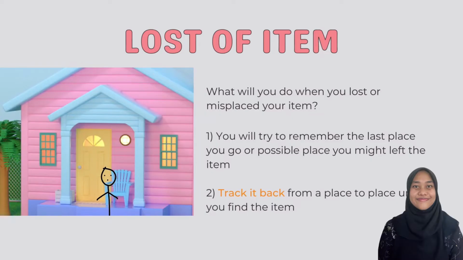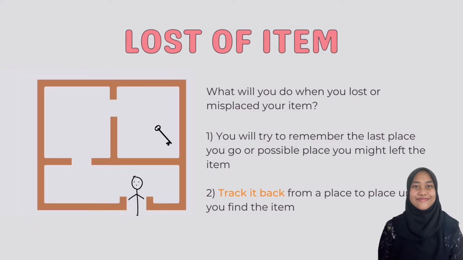Have you ever experienced losing or forgetting your items, but when you go to get the item, it is not there as you remembered? So you will start to rewind the last visited places or where it was placed before it went missing, for you to go there to find the item. But if the item is not at the place you remembered, then you can go and find it in another place until you find the item.